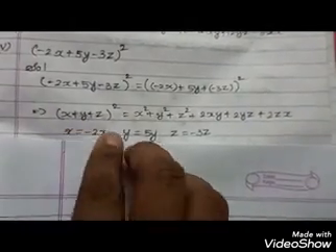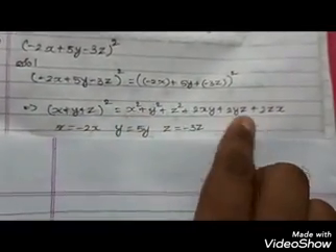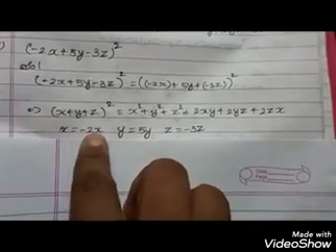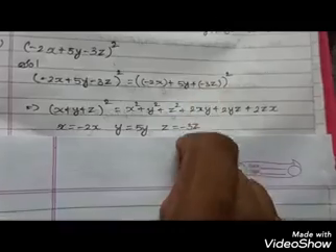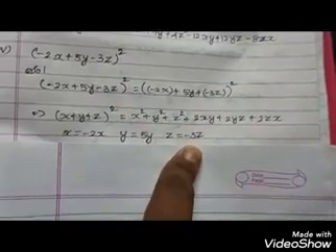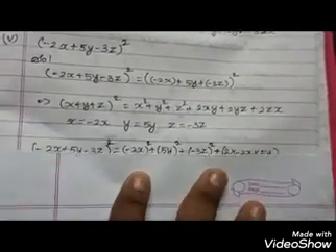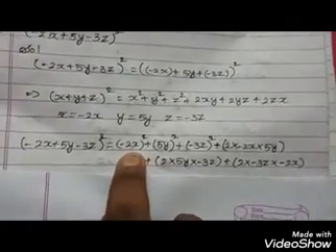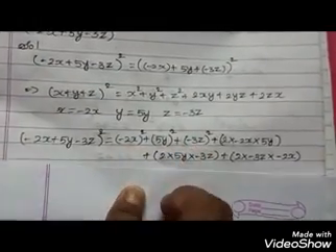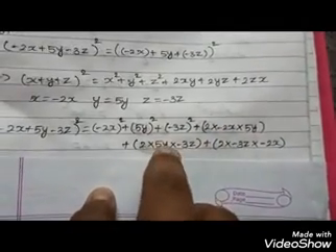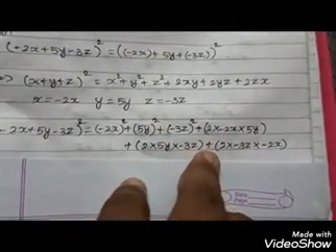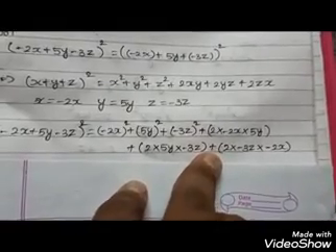So x plus y plus z, you know the expansion, and directly the value of x is equal to minus 2x, y is 5y, z is minus 3z. So as usual, like the previous question, you have to substitute it like this: minus 2x, 5y, and 2 into minus 2x into 5y, 2 into 5y into minus 3z, 2 into minus 3z into minus 2x.